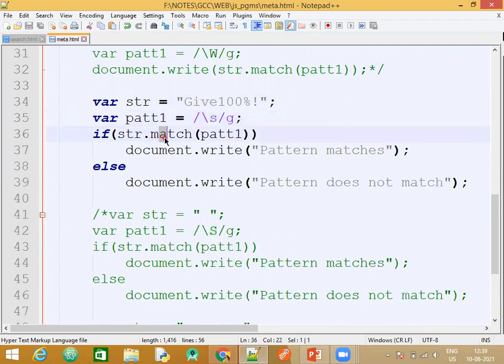I am trying to match this pattern now. How do you say that the pattern has matched or not matched? See, there is no space given in your string. Correct? What is slash s trying to match? Trying to match for a space. Do you have any empty spaces? No. So what is going to be the output? Matches or does not match?